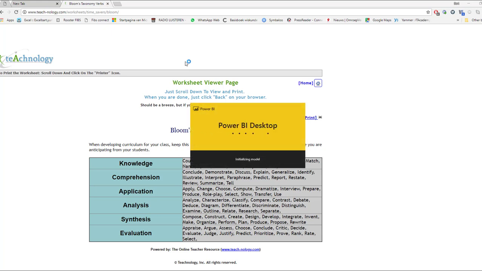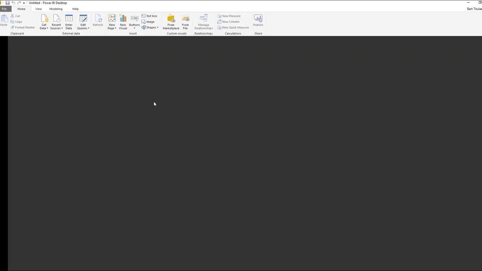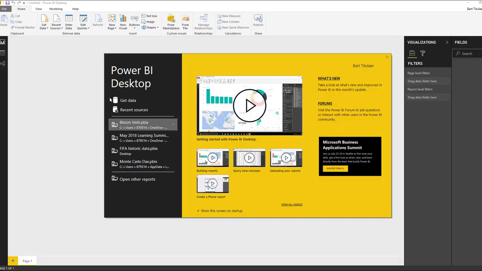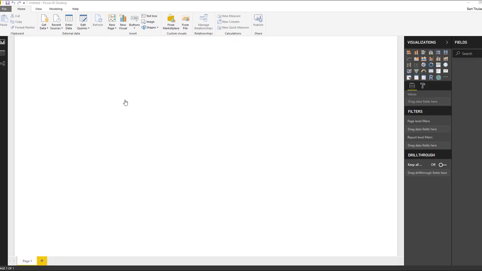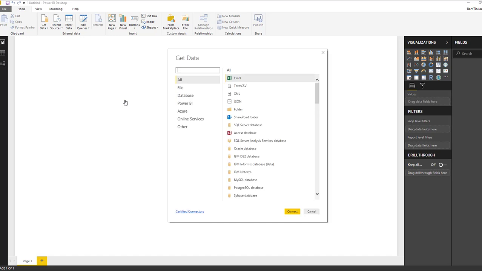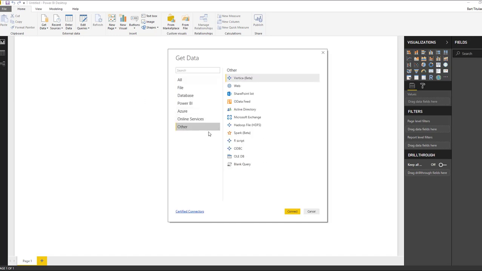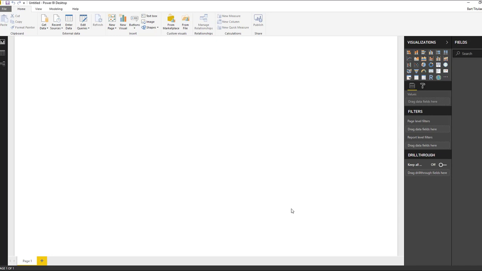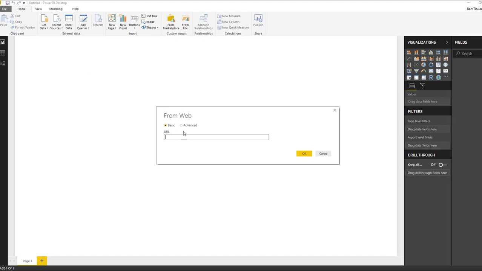This will take some time. I cut off a bit of the screens, and we are going to get the data, and then we have to make a selection. The selection we want is from web. It's in other, and we search for web. Where's web? Oh, there on top. Alright, click on connect. Now the connection is made, and when we paste the website, click OK, and Power BI